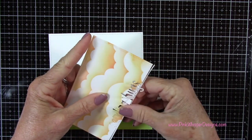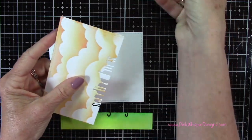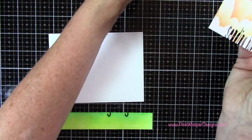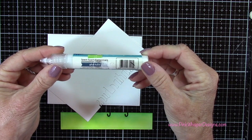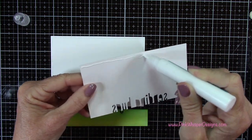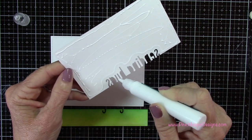So we're using that to line everything up here. So I'm going to take out my Sending Hugs now, and I want to keep that all together just the way it is. And I'm taking the little dot to the eye out as well. And then I'm going to glue this with my glue tube to this panel. And again, this panel is just going to allow me to line everything up perfectly because they're the exact same